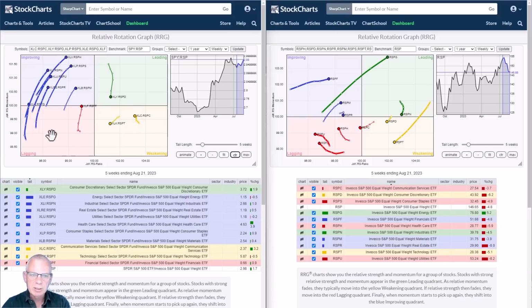All the others here, it looks as if the cap weighted stuff is picking up. It's gaining strength over equal weight. And that's an interesting comparison. It's an interesting observation, at least I think it is. Especially because it underscores or it visualizes the rolling over of the large cap stocks inside discretionary and technology. We all know that they've driven the market up, and they're now driving the market down, and these ratios actually